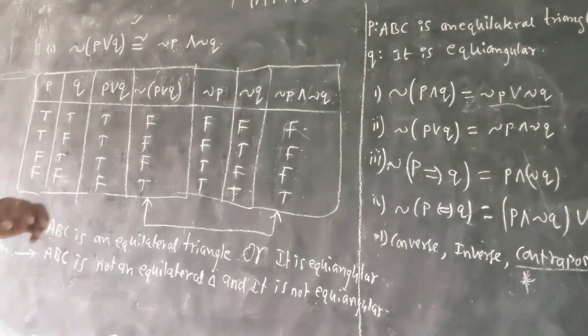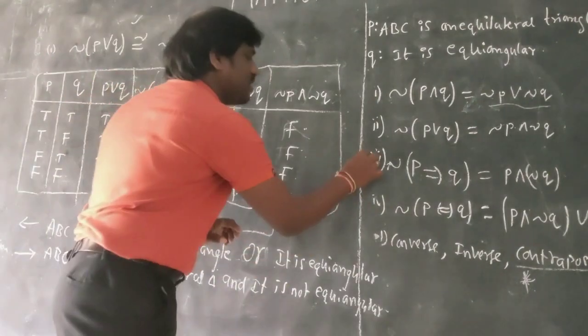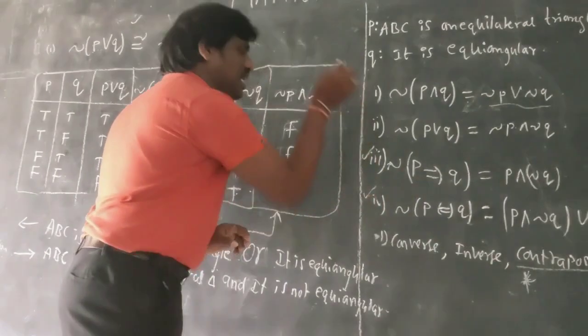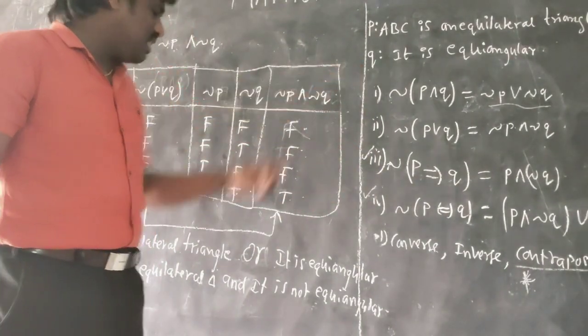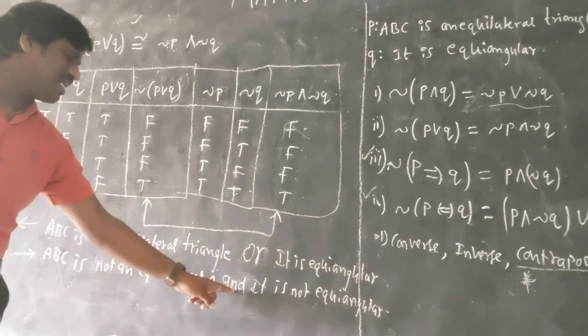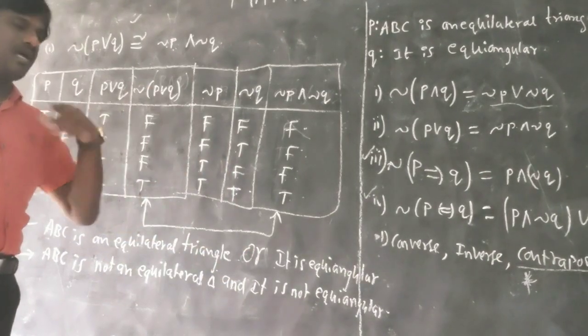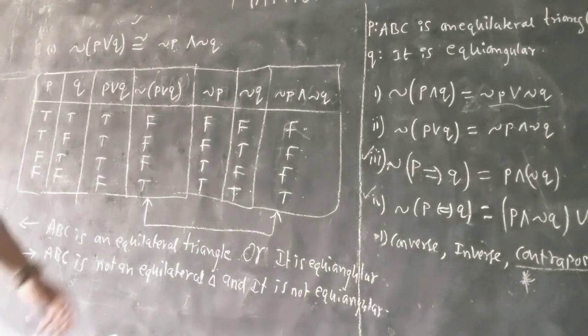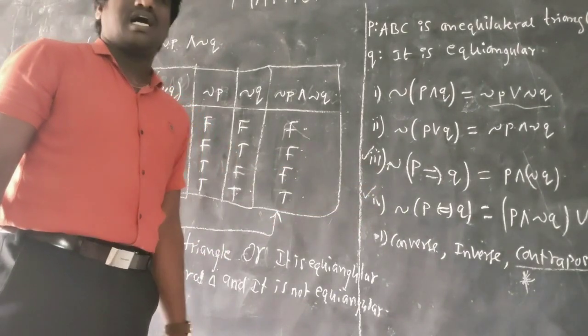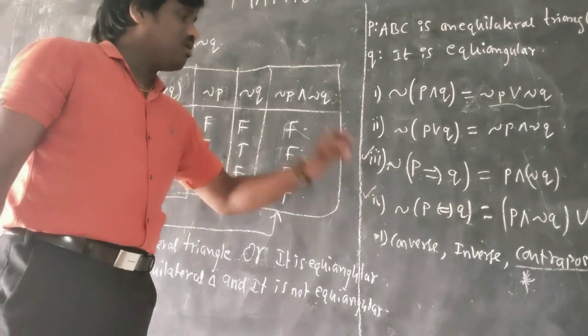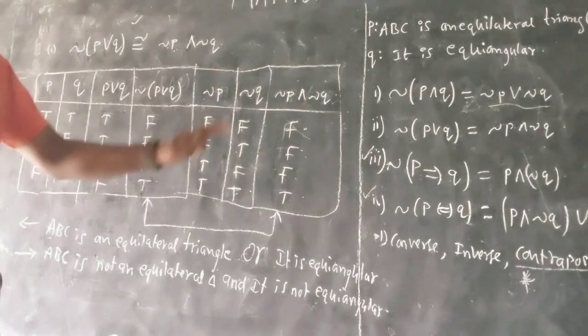But JEE never asked this simple thing. JEE asked on these two things. JEE focused on this, not on this, because these are very simple. OR becomes AND, AND becomes OR, it's over. So this simple thing they did not ask. They focused on this. These both are most important. Now I will explain that.